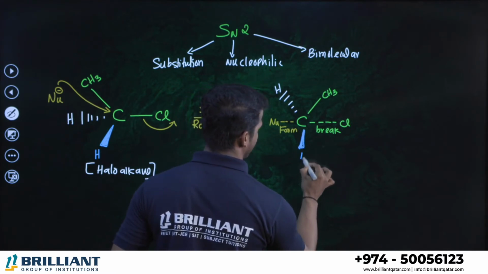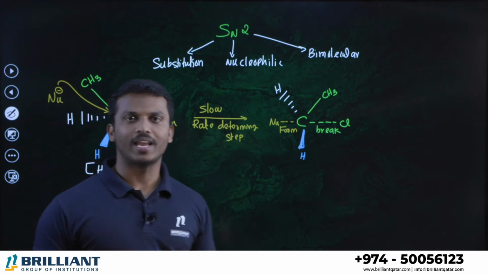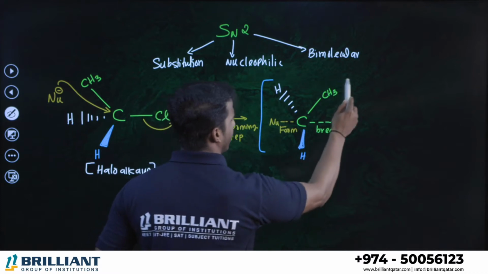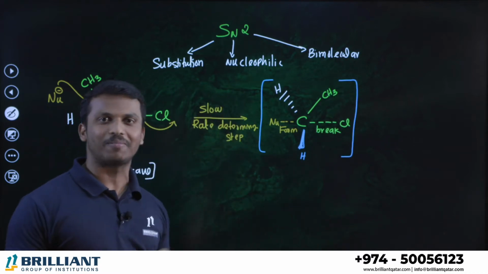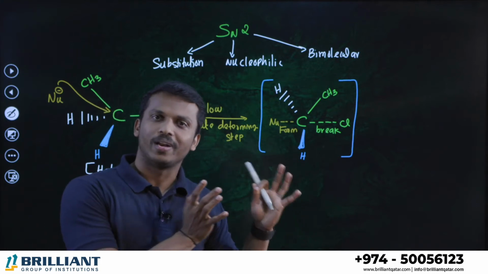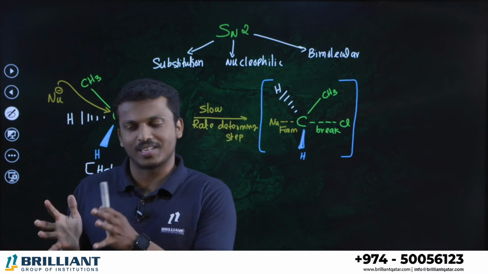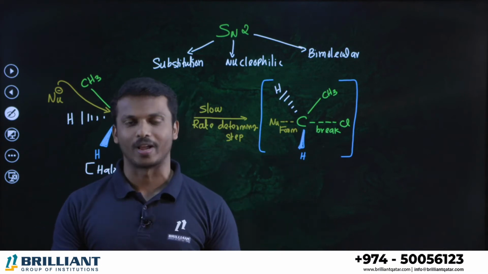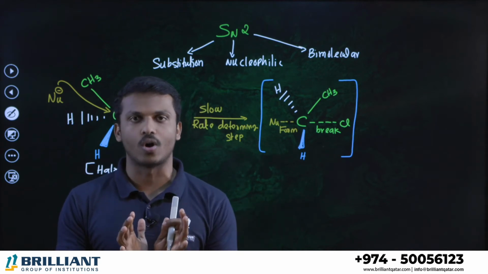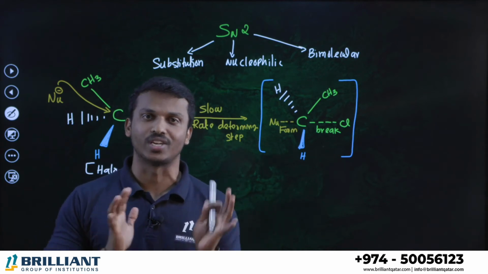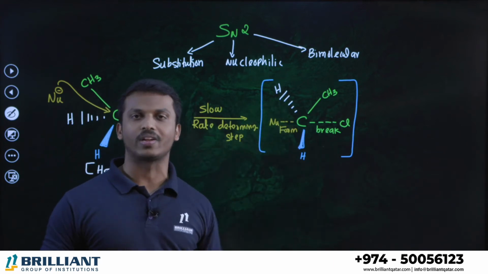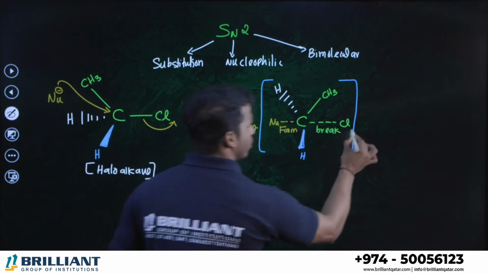We studied in the SN1 mechanism what is formed: this is the intermediate. What is the meaning of intermediate? Intermediate means reactants are not directly converted into the product. In between reactants and product, there is a highly unstable state called the intermediate state or transition state. It's a very unstable compound. Immediately it converts to the product. So this is the first step.